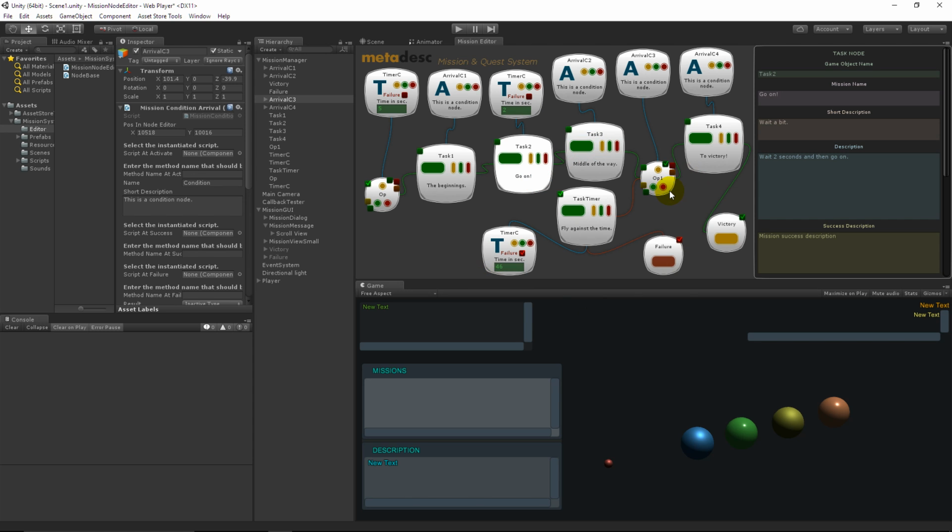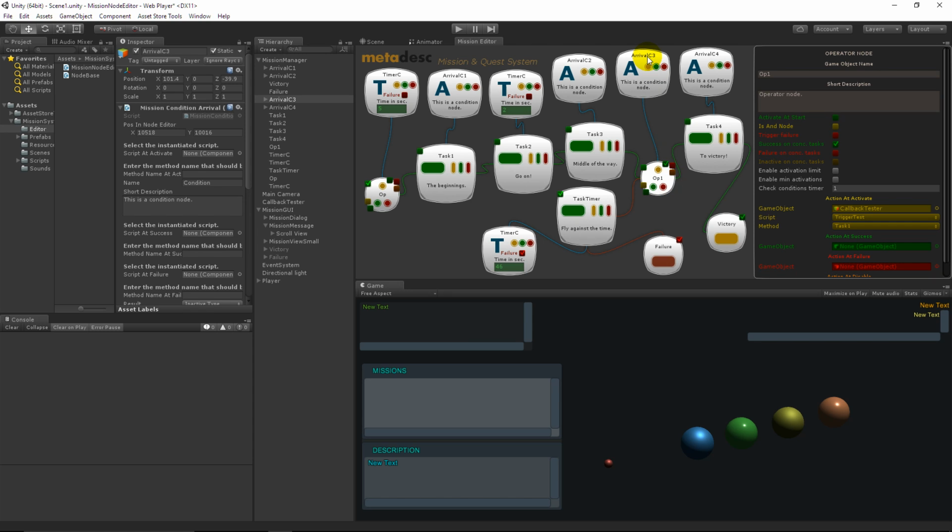So the second activation, the initial activation, is for a timer which activates failure when its countdown ends. It's set to 46 seconds. So when my mission flow comes to this point and the third arrival condition has been achieved, then it deactivates the countdown timer by sending this one here